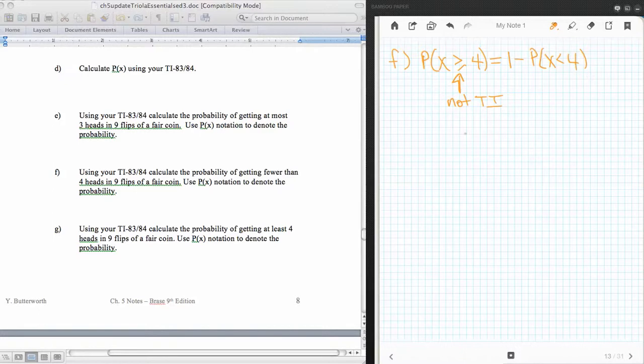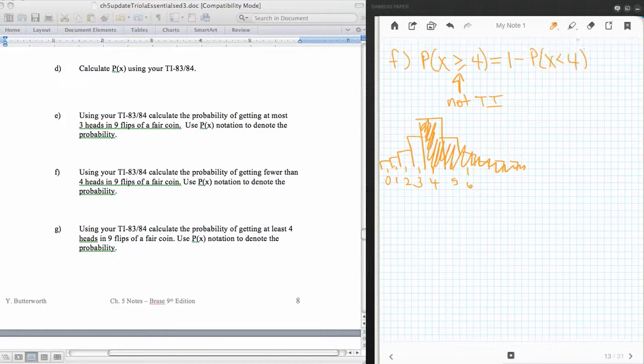Now it's important that you understand what's going on here. So let's just draw a probability histogram here. And let's say that this is our bar 4, right? And then bar 3 would be over here, and bar 2 would be over here, and bar 1 and 0, and so on. I'm not drawing these really great because I don't really need that idea. And then we go up here, so 5 and 6 and so on and so forth. So being greater than or equal to 4, that would be this bar and then all of these out here,